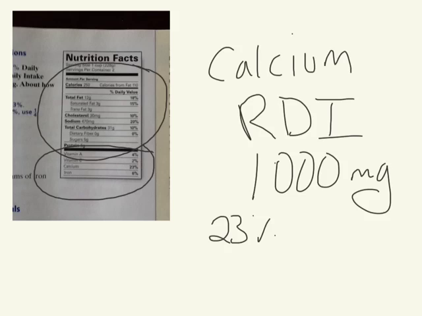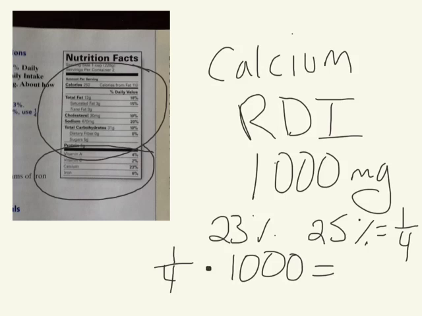So 23% is pretty close to 25%, which is what we would round it to, since 25% is one of those percentages that's easy to work with. 25% is also the same as a quarter. So if we figure out what a quarter of 1,000 milligrams is, we have figured out how much calcium we have consumed. So we would say 1/4 of, or times 1,000,